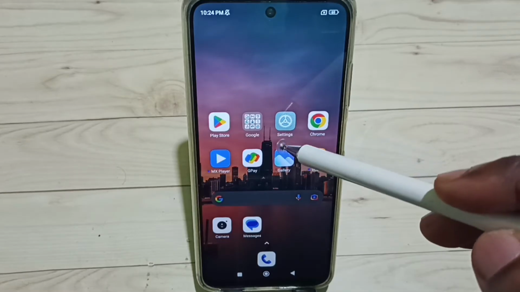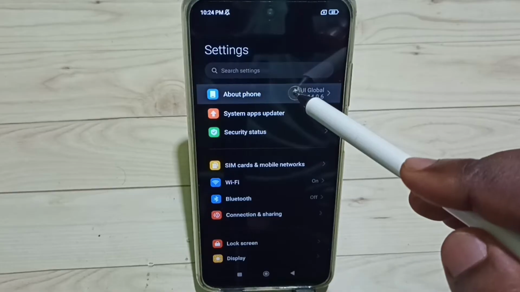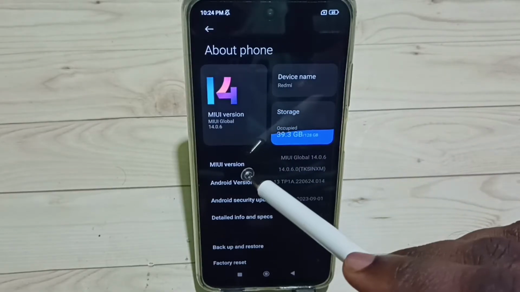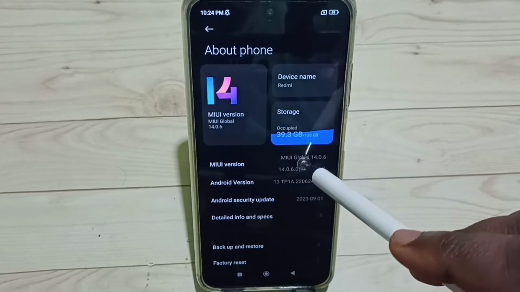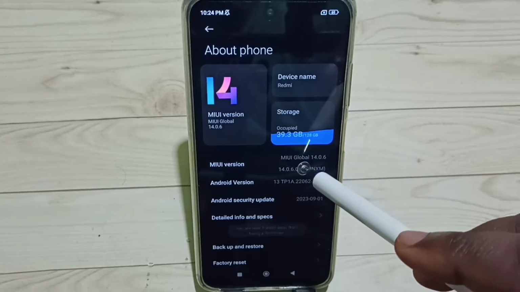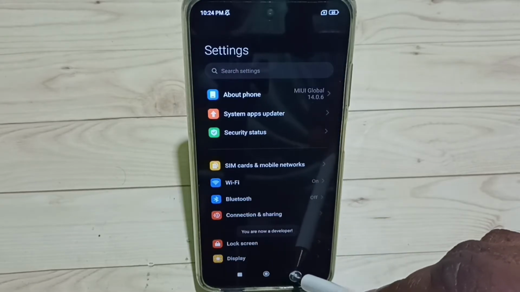Go to settings, tap on the settings app icon, tap on about phone. So here you can see MIUI version. Here we need to tap 7 times. 1 2 3 4 5 6 7. You are now a developer. Go back,